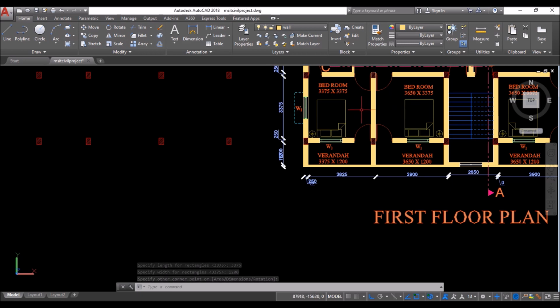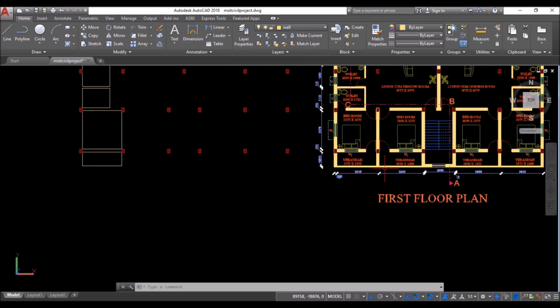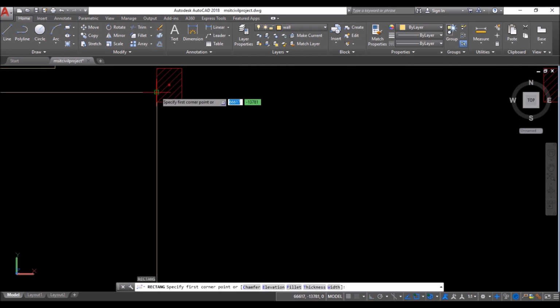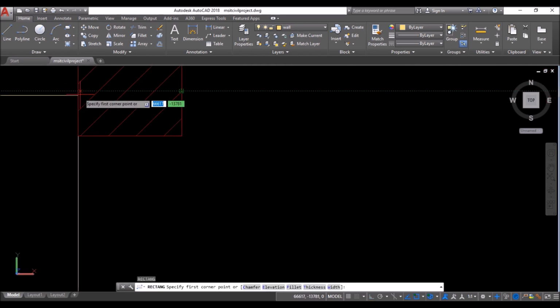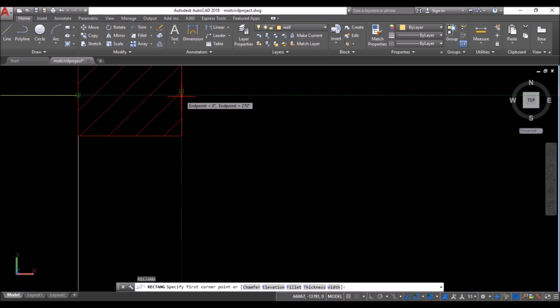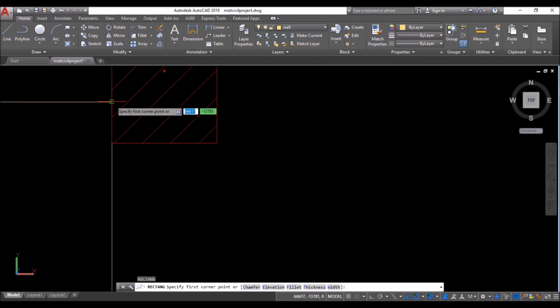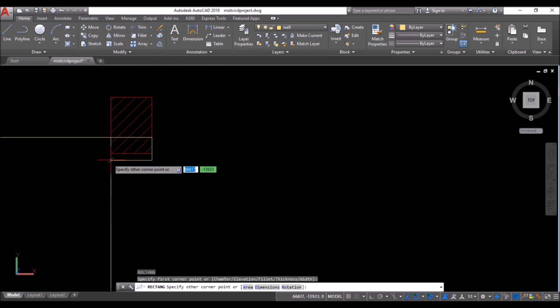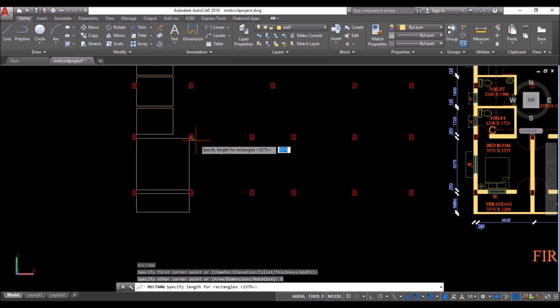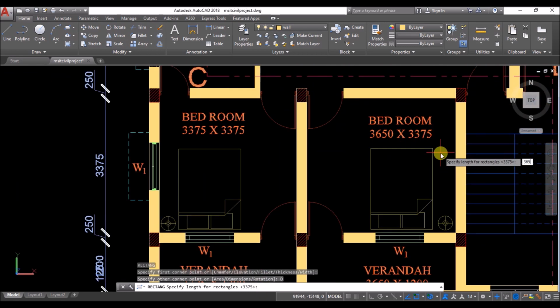This wall is also 250 mm wide. So repeat rectangle tool. Then take the endpoints extension towards right as shown. And then click at the intersection snap. Then draw the rectangle of 3650 mm length and 337 mm width.